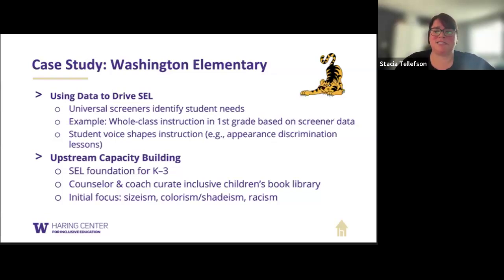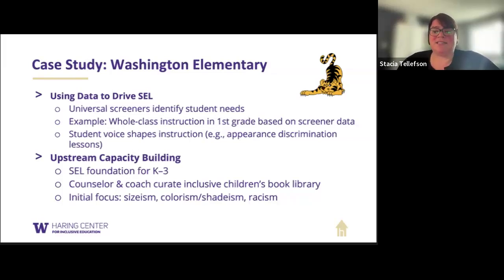They also listened closely to students. When sixth graders raised concern about appearance-based teasing, the school followed up with a student survey and designed lessons to address it directly. To build long-term inclusion, Washington is using what they learn at the upper grades to inform instruction in the lower grades. After the sixth grade students brought up appearance-based teasing, the counselor and instructional coach decided to build a library